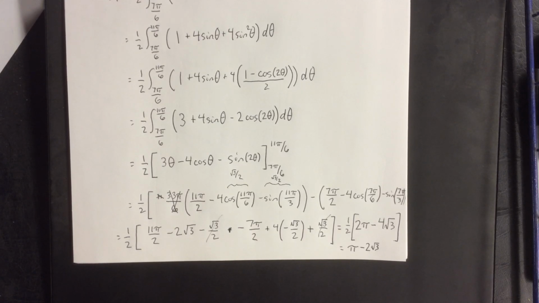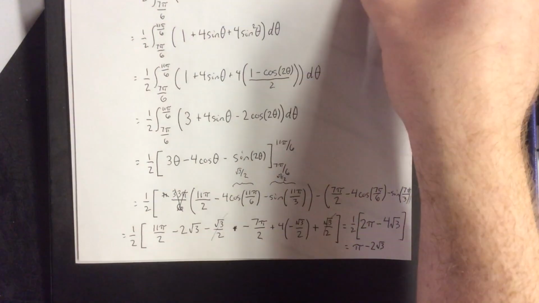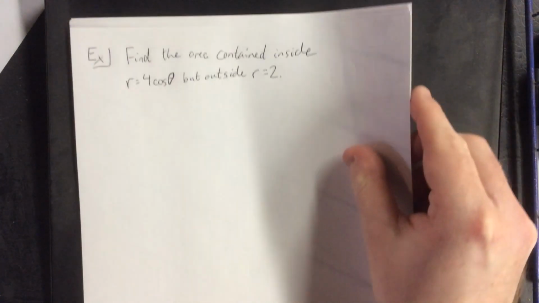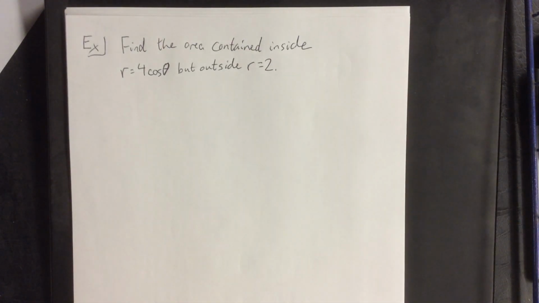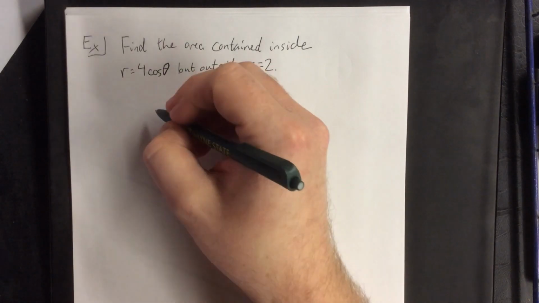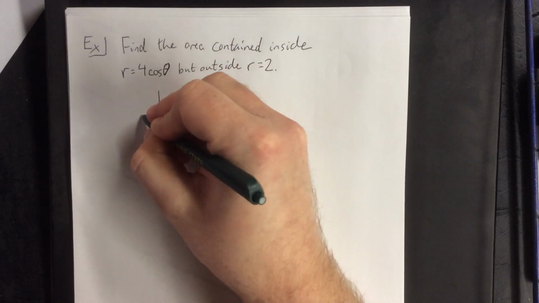So, with those things in mind, let's try out one more example. Last example for us to try is going to be the following. I would like to find the area that is contained inside r equals 4 times the cosine of theta, but outside r equals 2. Now with that in mind, r equals 4 times the cosine of theta is a circle,